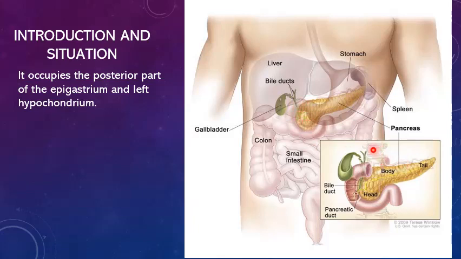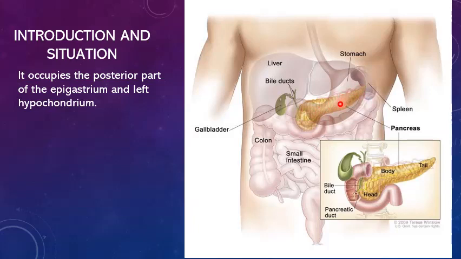Here we can see the vertebra. From the posterior abdominal wall, it sits into the curvature or concavity of the duodenum. From here it runs towards the left side and reaches the hilum of the spleen. We can see the outline of the spleen here. So it reaches the hilum of the spleen across the posterior abdominal wall.